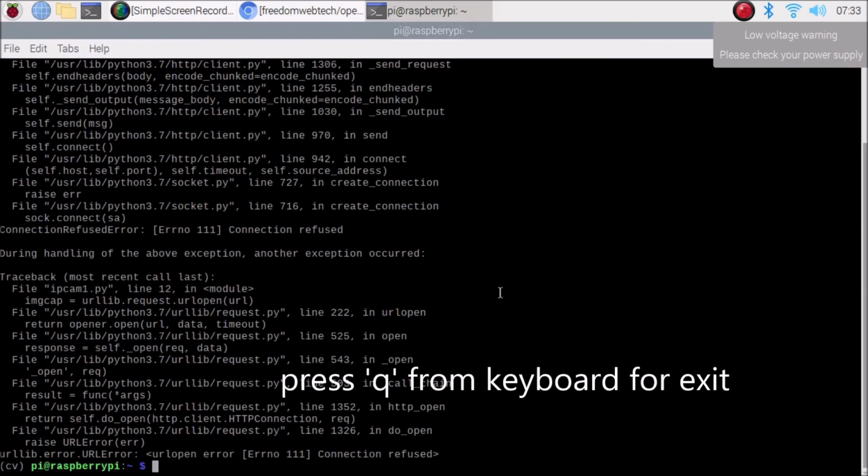So friends, as you can see, this is the way you can detect the contours live from your mobile